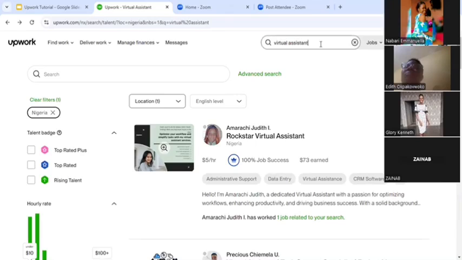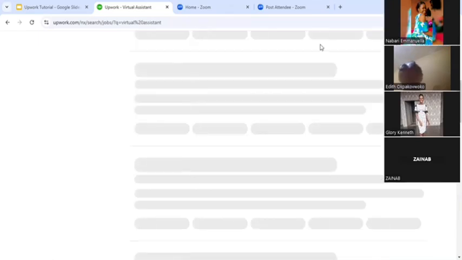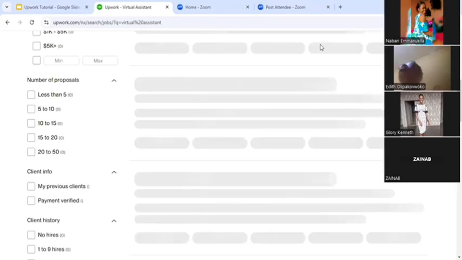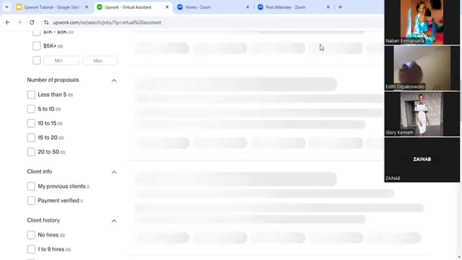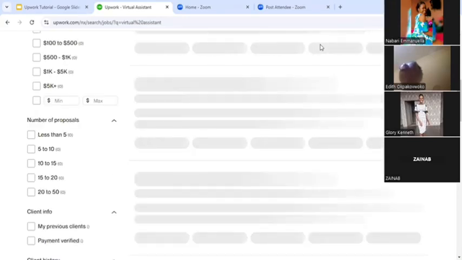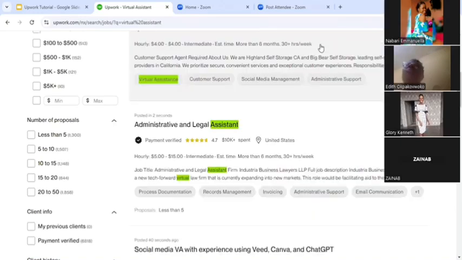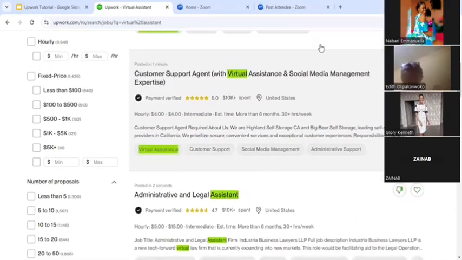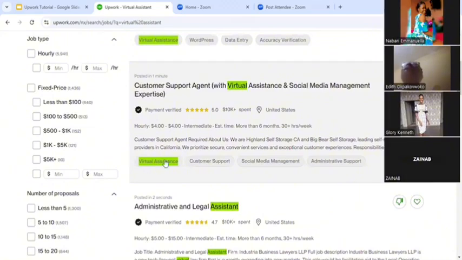So now let me search virtual assistant. If you search for it, it's going to show you jobs from clients that are for VAs. Then we are going to look at the skills that they want. Did it match some of the skills that you added to your skill selection as a VA? Now you see the very first one we have here, virtual assistant. You can see it's a needed skill that they want. See another popular one we saw there,